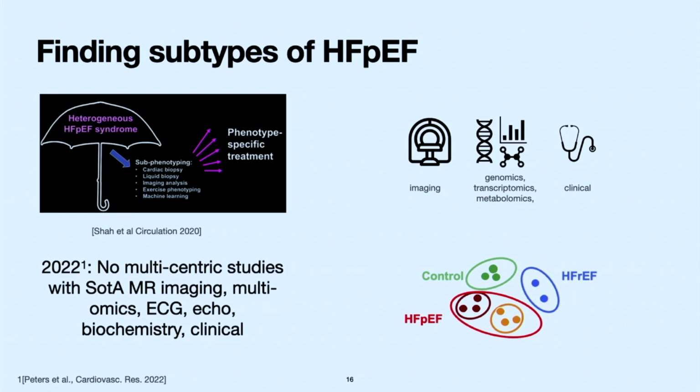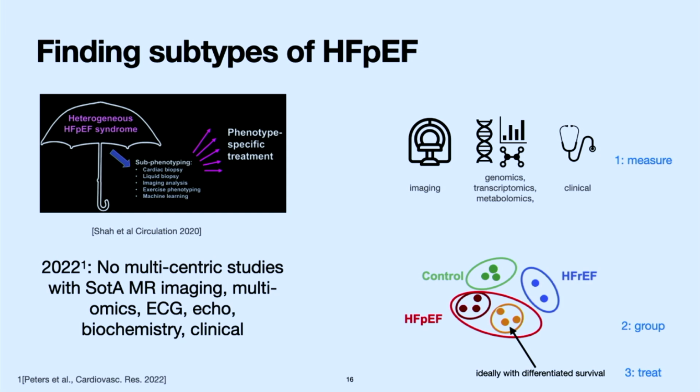HFrEF is reduced ejection fraction, another subtype of heart failure. But what we really care about is subtypes of HFpEF, and not even subtypes of HFpEF, because you can cluster white noise. We don't care necessarily about clusters. What we care about is clusters that have differentiated survivals. Because if you find clusters with differentiated survivals, that is probably in the signatures of these clusters, you can hopefully find a druggable target for your next clinical trial. Again, this imaging, this precision medicine, you measure things, you group people, and then you treat people.